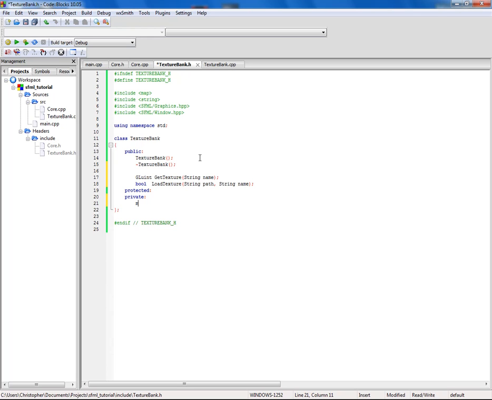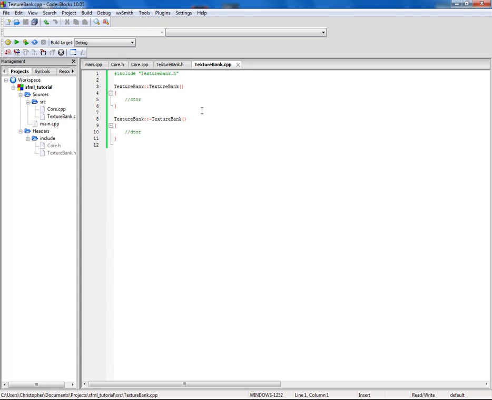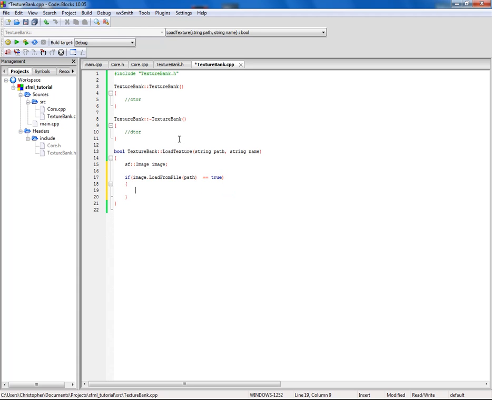Now, as a private variable, I'll want the map. Oh crap, I'm so used to Java. Okay, I want to have as a key a string, and then as a value I want an unsigned GL integer. Just call this textures. So let's just start loading. And here we can actually make use of the image class. So I'm just gonna create a new image. I'm gonna make sure that load from file with the path is equal to true, and if that is true,